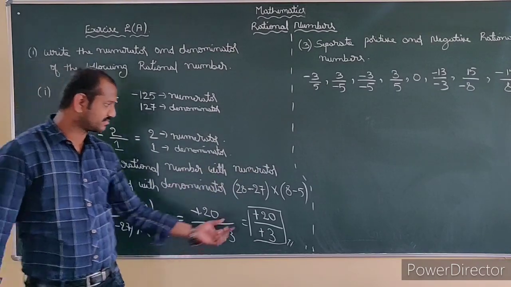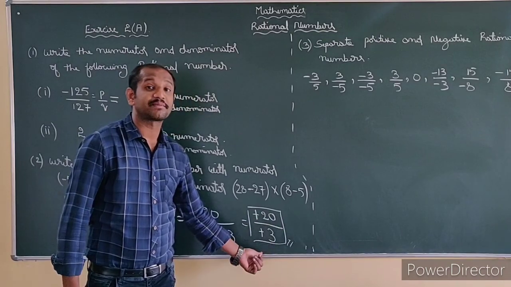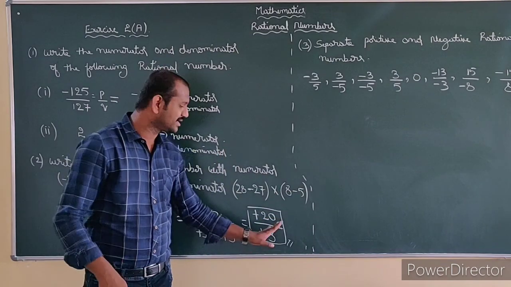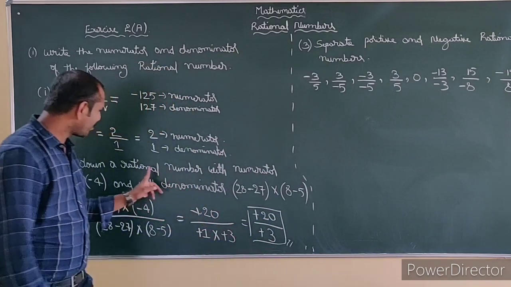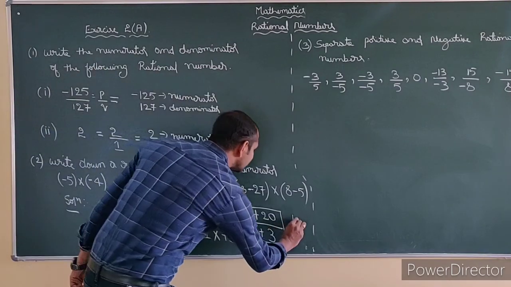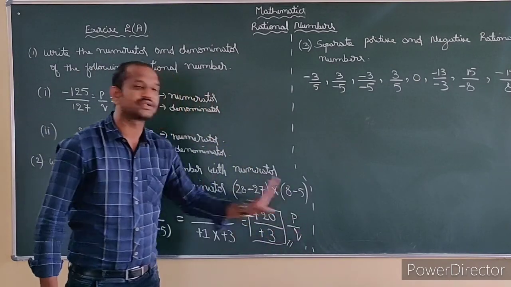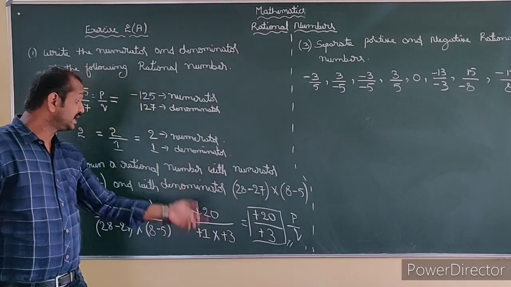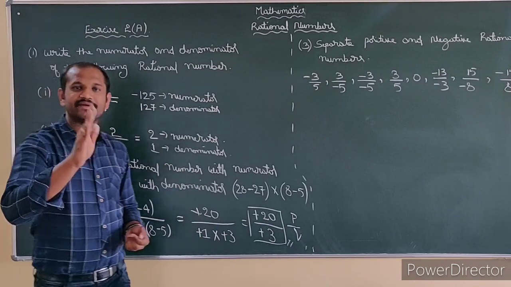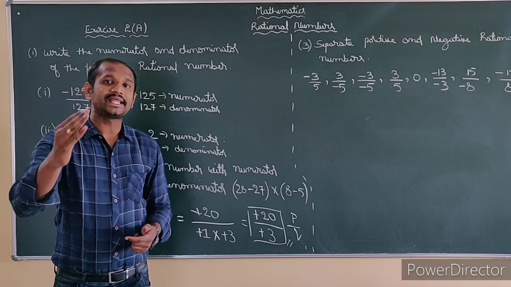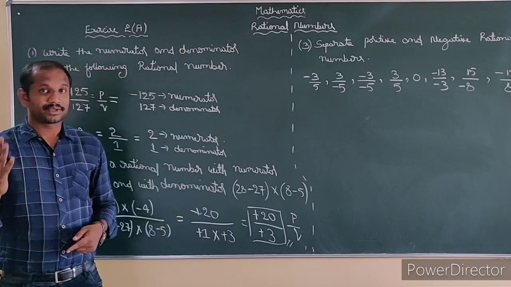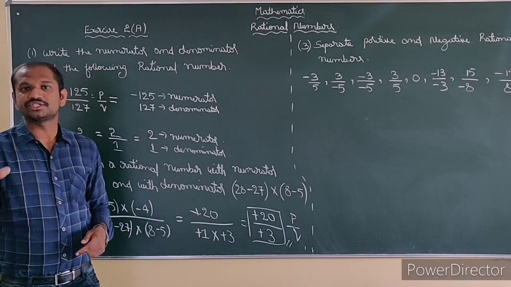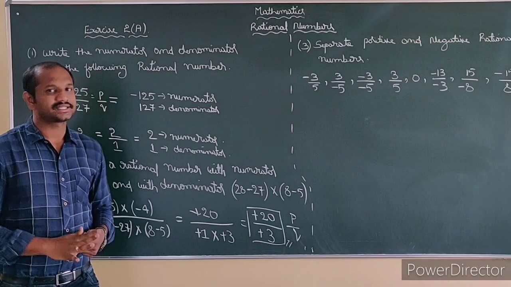For example, in fractions, if you got this answer, which type of fraction is this? Improper, since the numerator is greater. We should convert to a mixed fraction, but here we should not do that. Why? We are doing what we mean by rational number. A rational number should always be in the form of p by q, where q does not equal 0. I hope we have understood. Look, to do this rational number problem, we need knowledge of integers. So everywhere mathematics is interrelated. Why have they kept rational numbers after integers? Because the knowledge of integers is also needed in the case of rational numbers. So if you understand one chapter properly, it's a key for the other chapter.